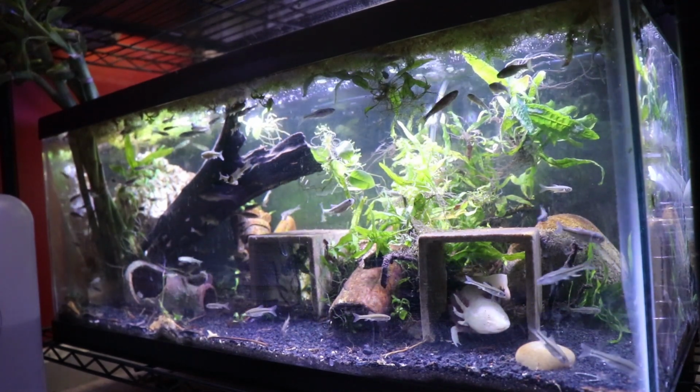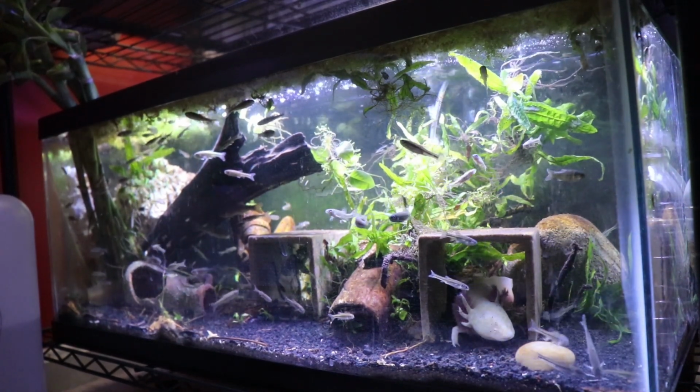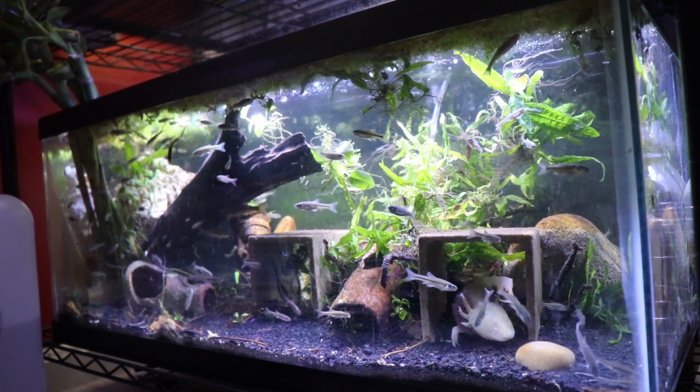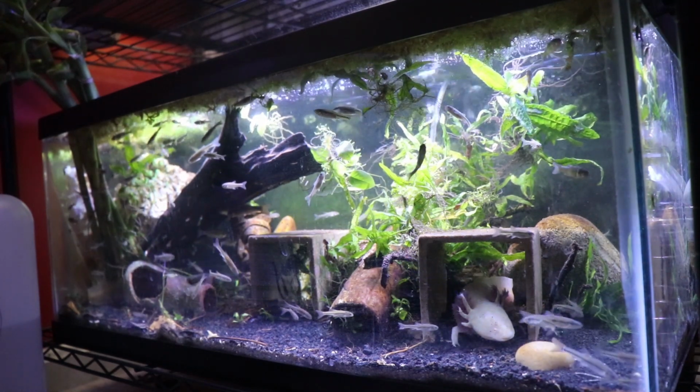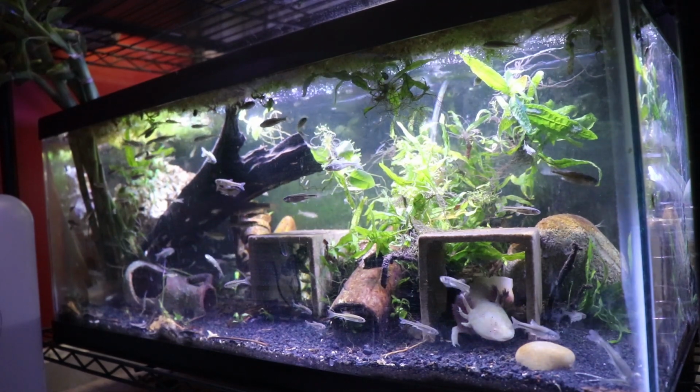Food and diet for these animals. Axolotls are definitely not picky eaters by any sense of the word. They'll eat anything from pellets to cut up shrimp to, here, as you can see, live fish. In my opinion, I try to stay away from any dry foods just because there's a lot of fillers in